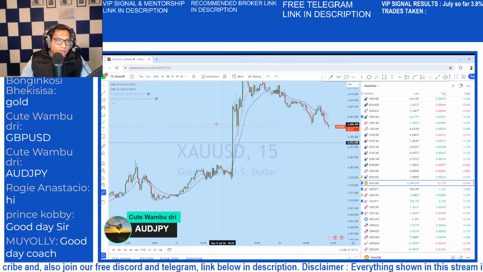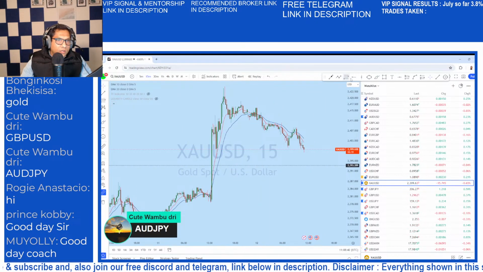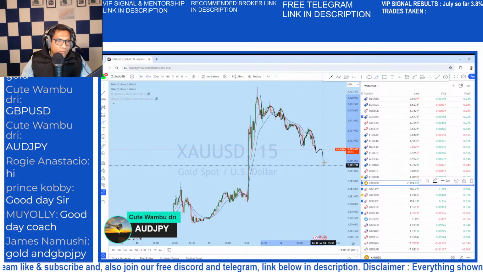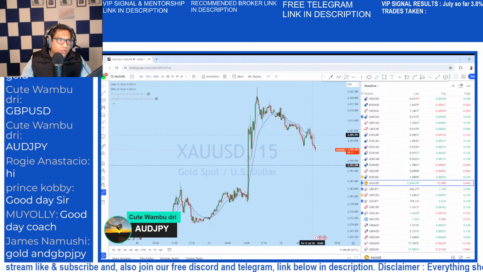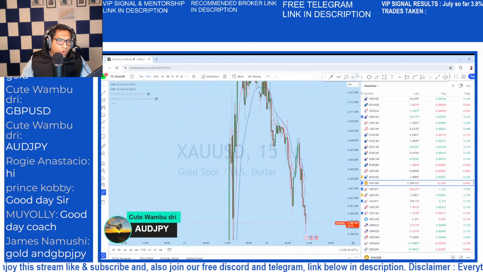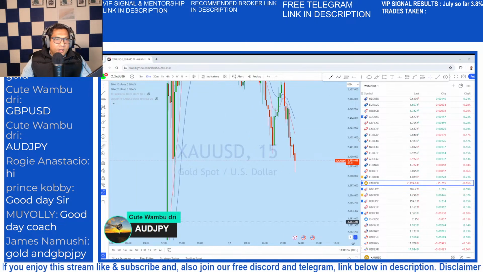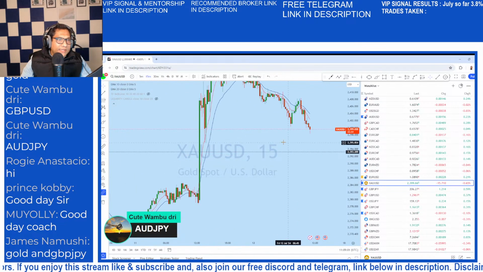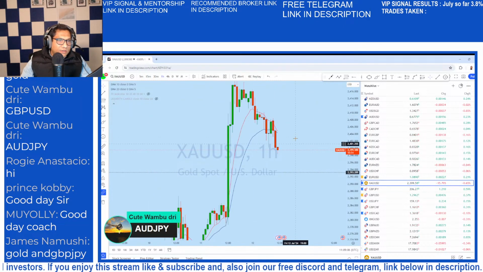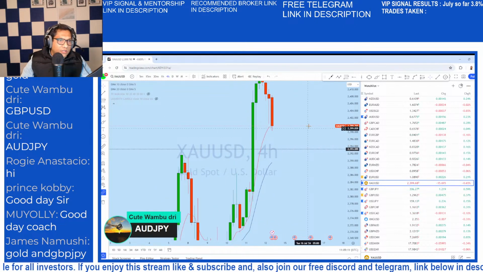At the moment, after this move, it has started to break with a downtrending market structure on the lower time frame. So on the 15 minutes on gold, I'm going straight back to 15 minutes, we can see the market trend is potentially down locally at the moment, and the way it's heading.